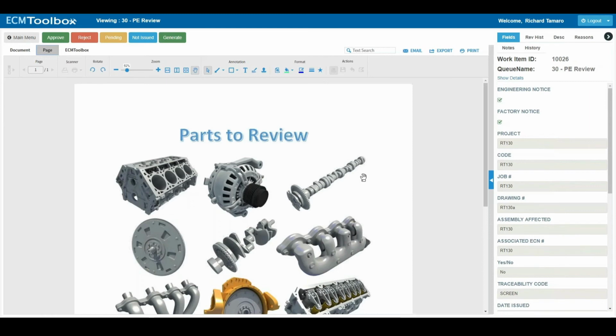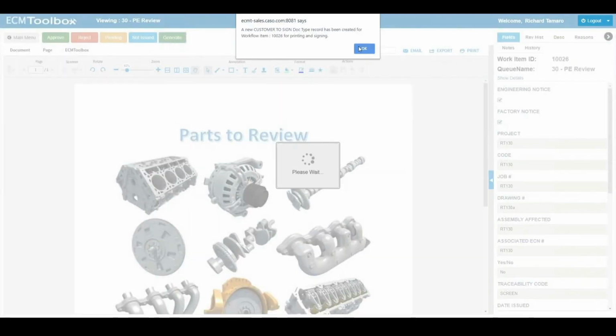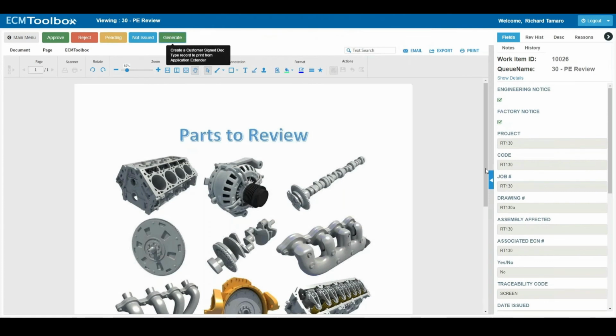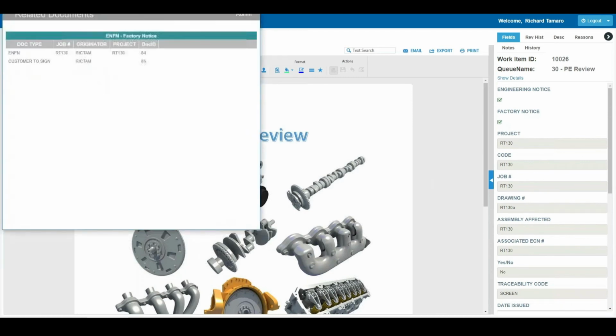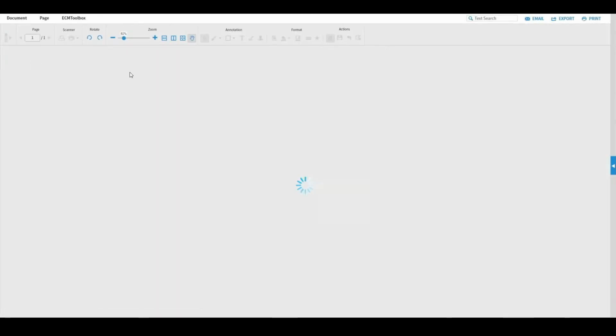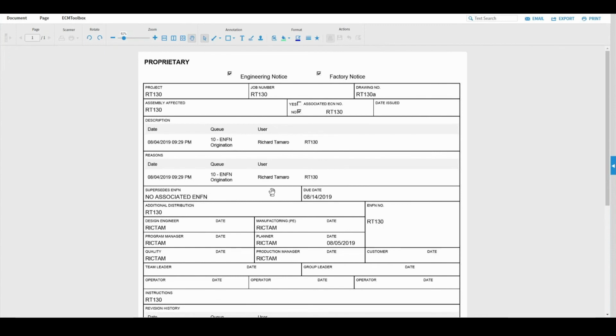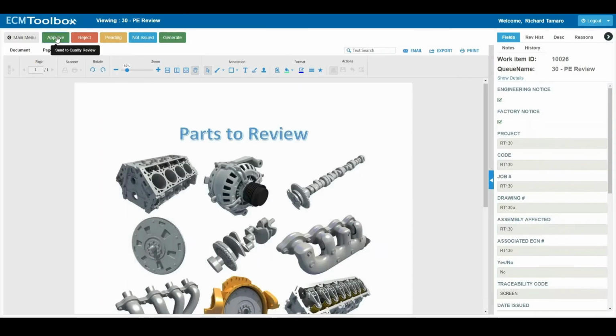Or maybe they need to print this out and send a copy to a customer for a signature with the e-form. What we do now is we just hit generate. This goes out, and what it'll do is it compiles all of the e-form information and creates a new form inside of ApplicationXtender. If we want to send that to the customer, we can just hit ECM Toolbox, click on Related Docs, and that'll show us which forms are inside there. Here's the one customer to sign. I click to open that, and here's my document. I can print it out, or I can email it to the customer. As simple as that. Once I'm done here at level 30, I hit Approve,